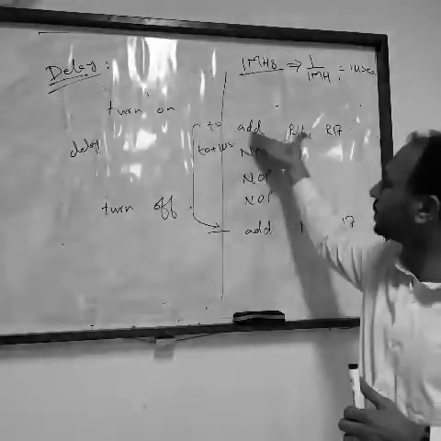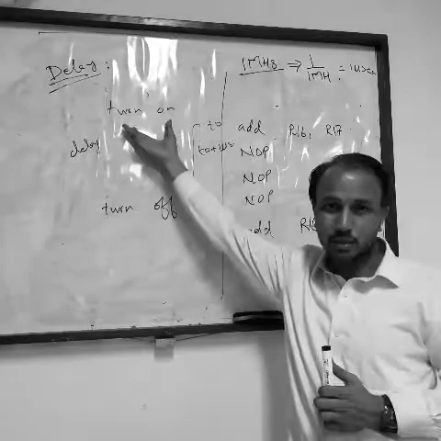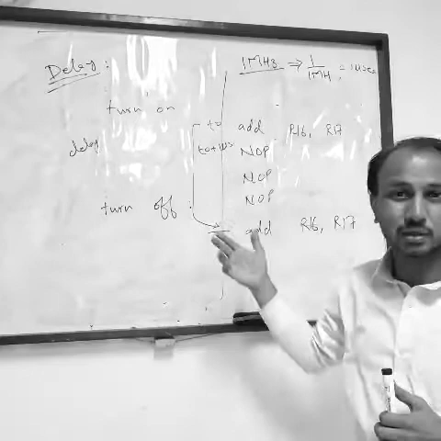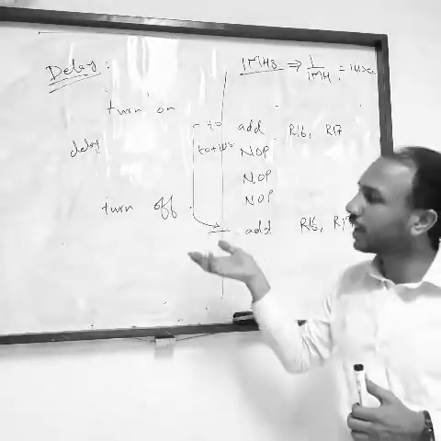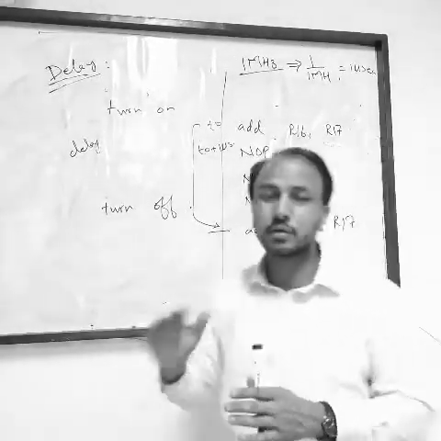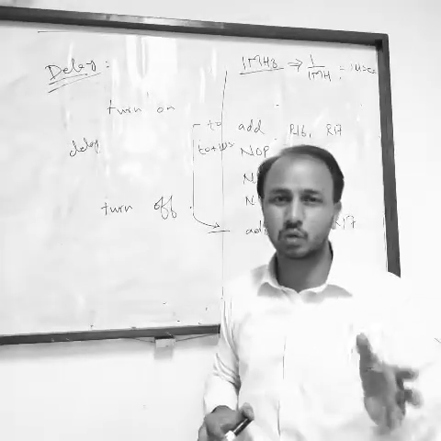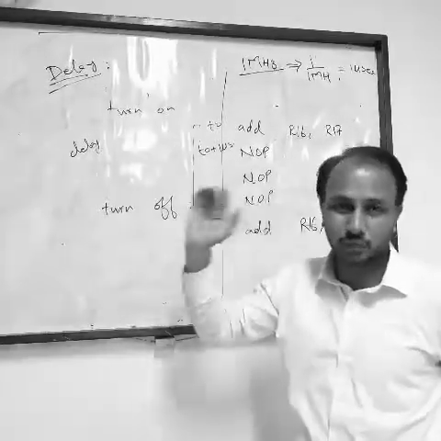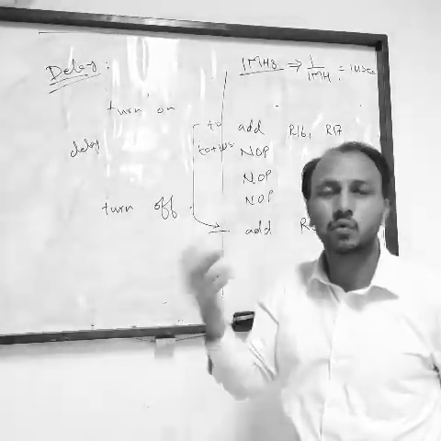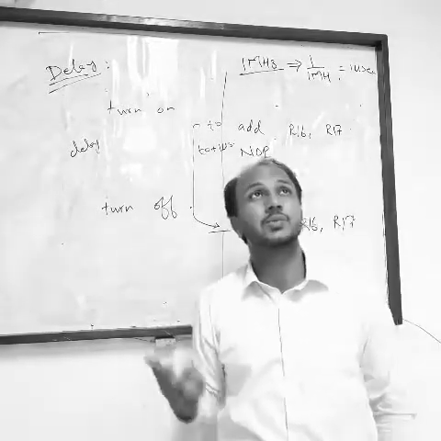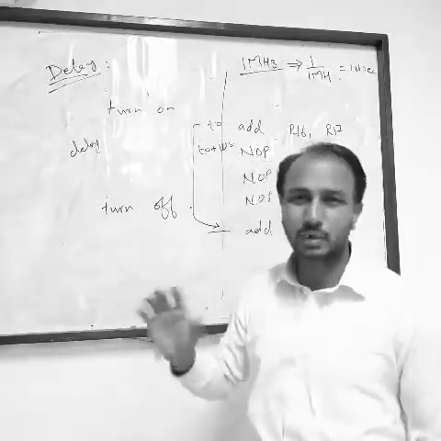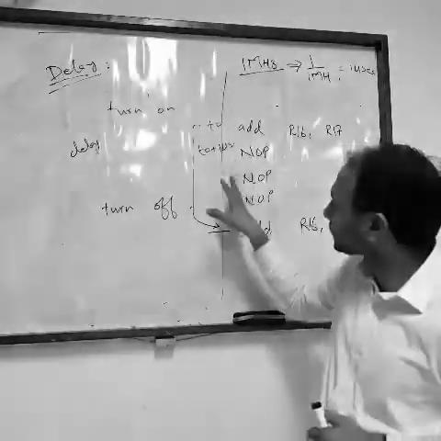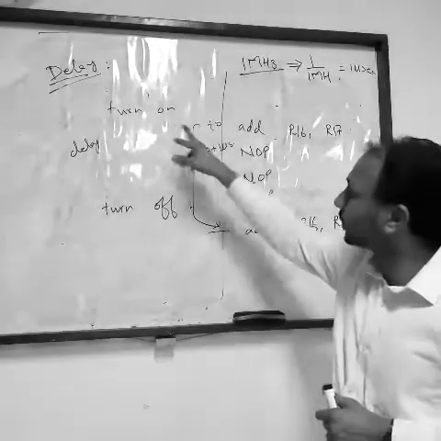So if instead of this instruction I was using turn on light, and here I am using turn off light, it will be a 3 microsecond delay. How to turn on and turn off a light is about using inputs and outputs. We have already studied how to send data over input and output. If you want to turn on the room light, it works on 220 volts, so we have to use a relay or something else with our IO ports. But for the moment we only want to understand what delay is.